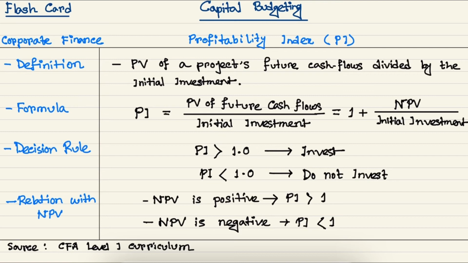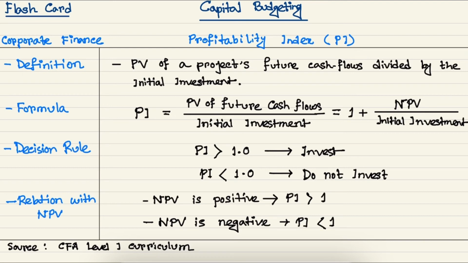The profitability index is the present value of future cash flows divided by the initial investment. It shows how much cash flow a project is generating in terms of present value per $1 of investment. So the formula is, you calculate the present value of the future cash flow and divide it by the initial investment. We can also calculate the profitability index by dividing the NPV by the initial investment and adding